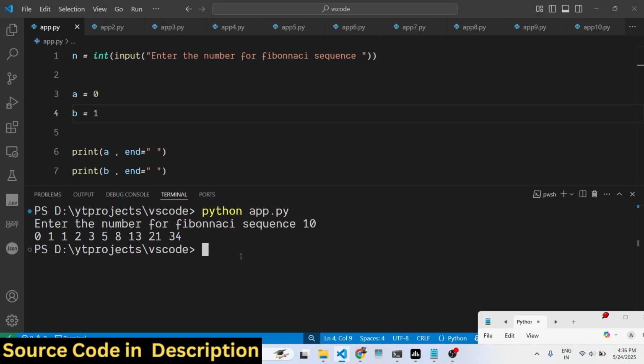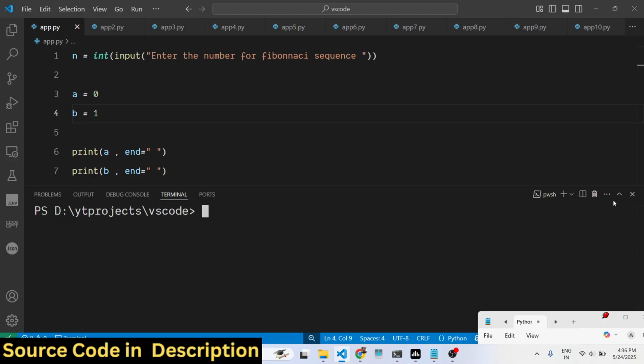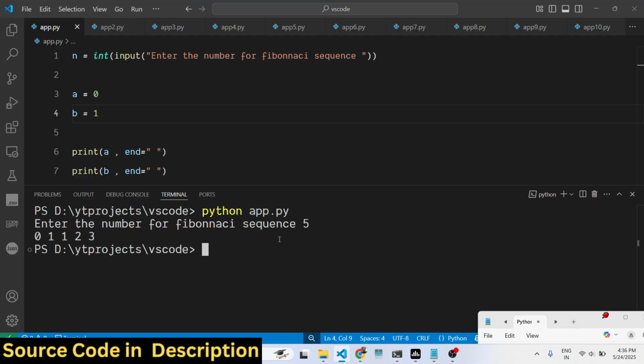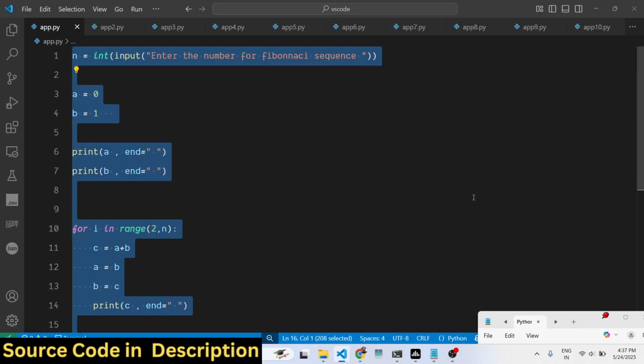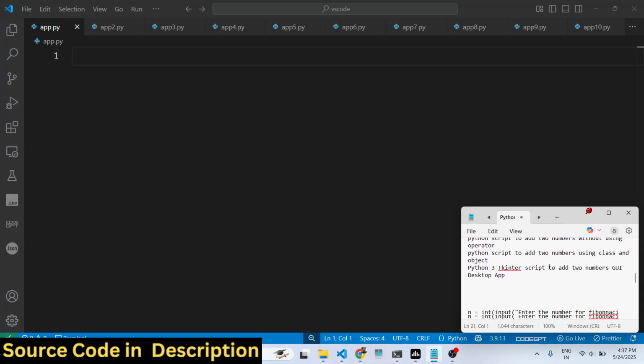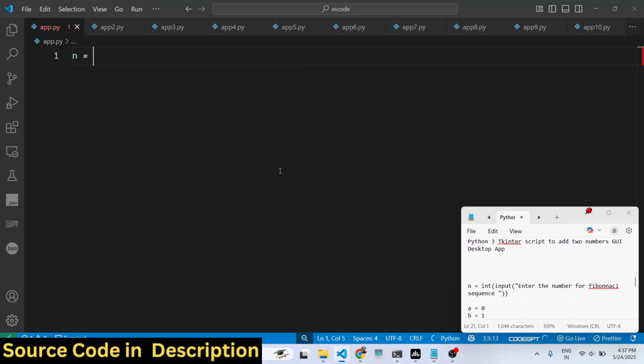So now I will show you the Python program, how to build this. The very first thing we need to realize is that in this pattern the first two numbers are constant, which is 0 1. So irrespective of how many numbers I want to print out, these two numbers are printed like this, 0 1. So let me first of all write this program. So here we will be accepting the user input. For this we will be typecasting the value to integer, and we will ask the user to enter the number for Fibonacci